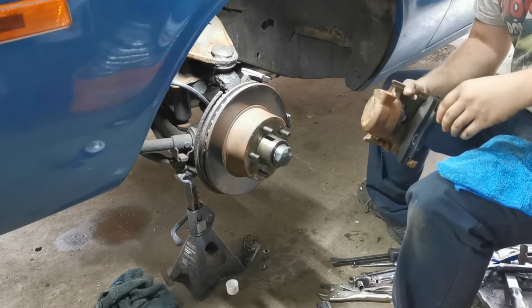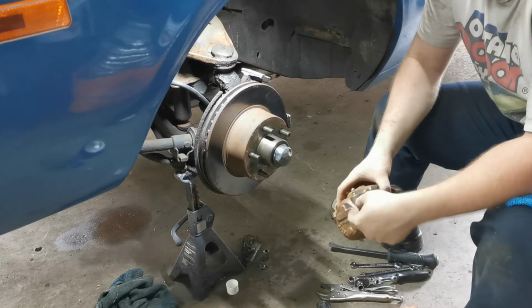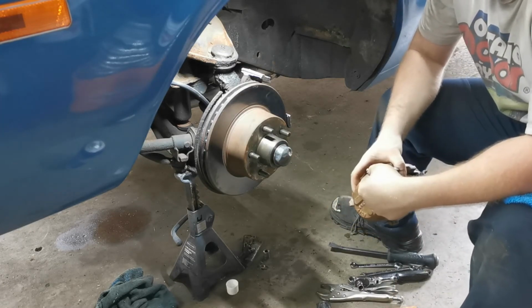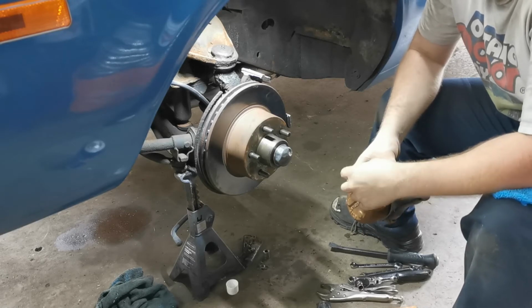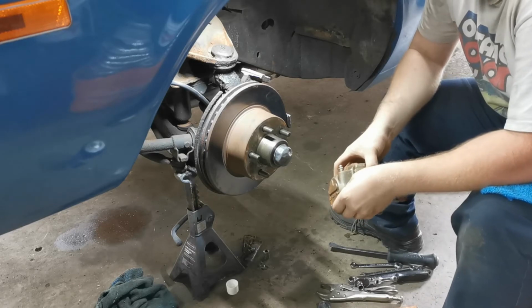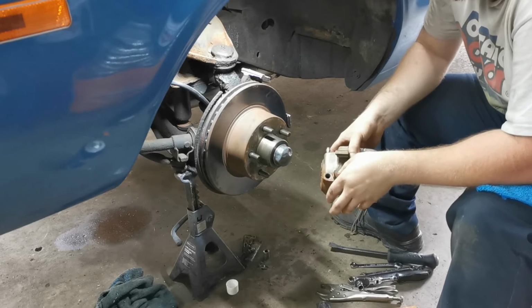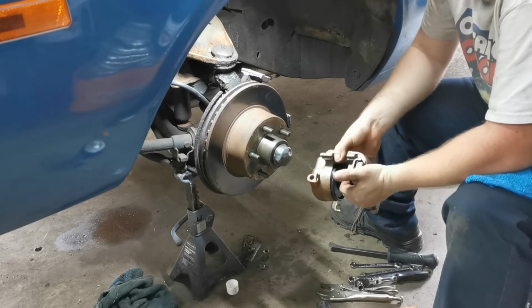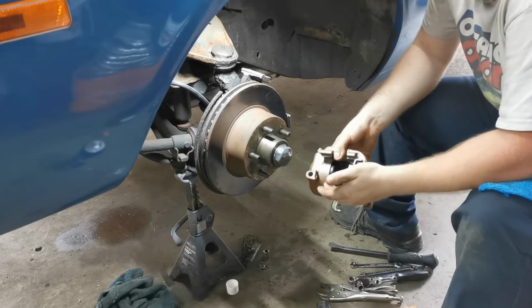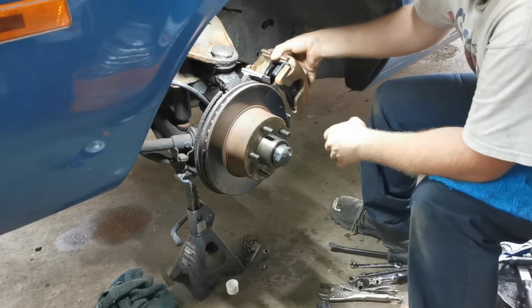Anyway, good note. Bleeder screw always goes to the top of the caliper. I have seen that many times with customers changing their own brakes, or having their cousins, sisters, neighbors, uncles, aunts change their brakes, or I've actually seen licensed mechanics make that mistake too. Being in a hurry, throw a caliper on a vehicle, and then wonder why they can't get the brakes to bleed, because